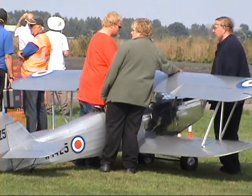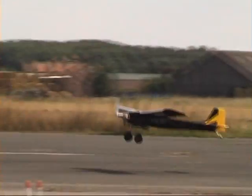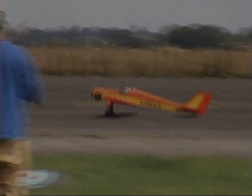Hurricanes and Spitfires and various other things. He's actually camouflaged it to look like part of the newspaper, such quarterly journal that comes out, as Emily found that out. But Mike likes this plane. So it's got a little...